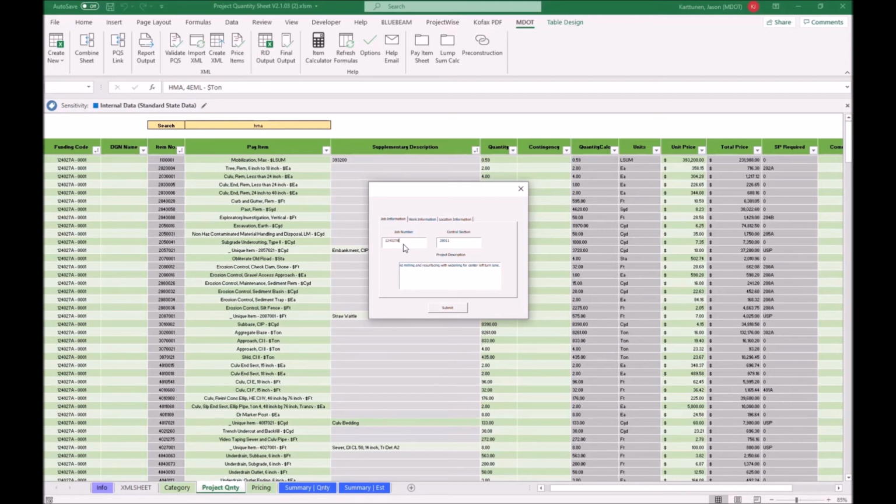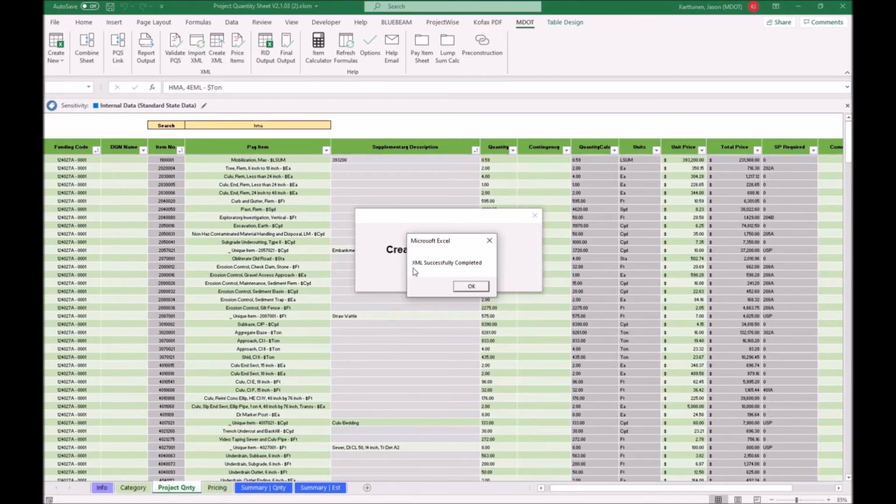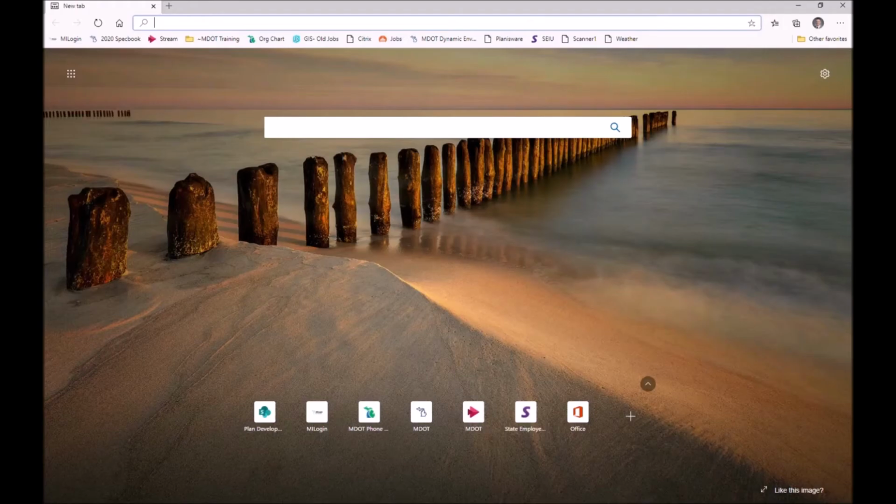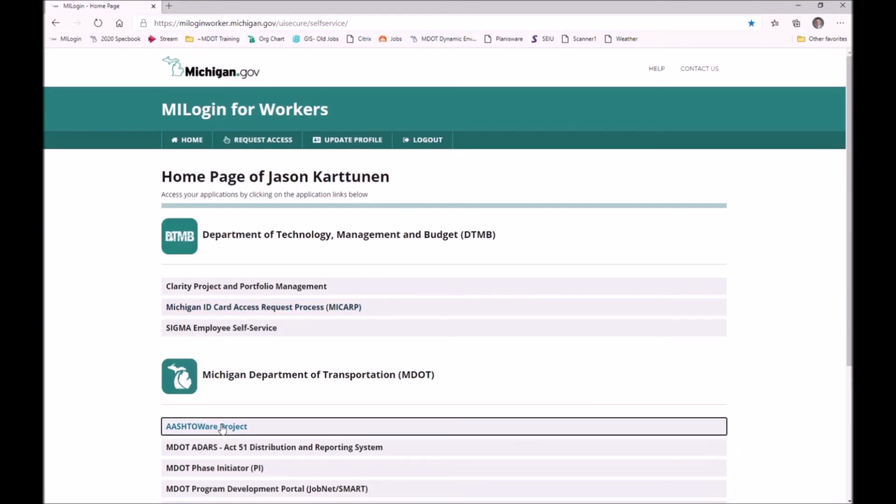So typically you just want to make sure that A is in there, but for this I'm going to put -test and hit submit. Now this XML has been created. Now we're going to go to AASHTOWare to import it. So go back to my login, go back to AASHTOWare,